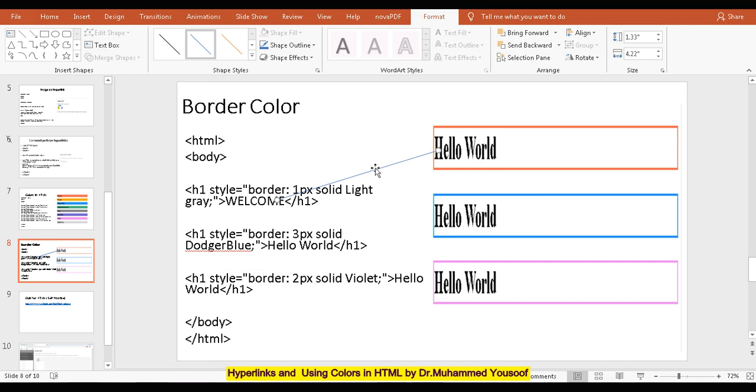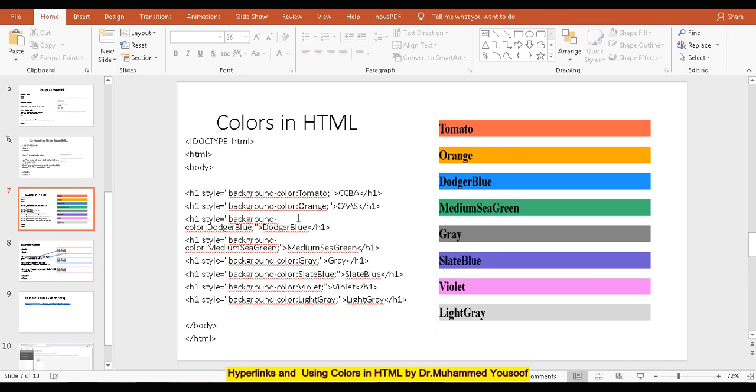This border which you have in red now will become what? Will become light gray. This border, what is border? This is a border. Now why it will become light gray? Because I changed the color from red which was there before to light gray. Remember this one. Similarly, I am doing these things to put 3 box. I am creating a border for my rectangle without background. If you want, you can also add body background color. Also, you can add. If you add the body background color, that will also add. You understand the idea? It will also add. So this is one thing that you have to understand.